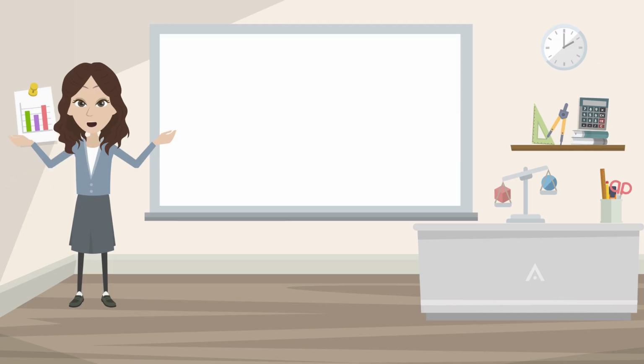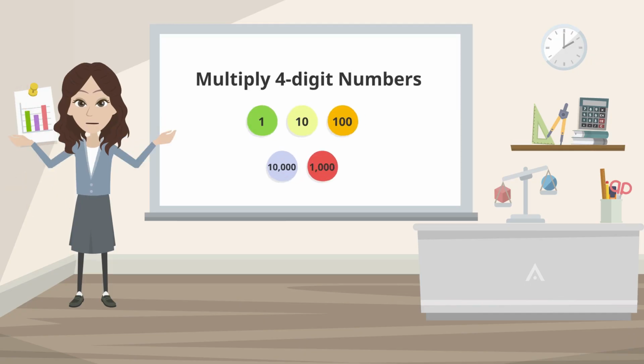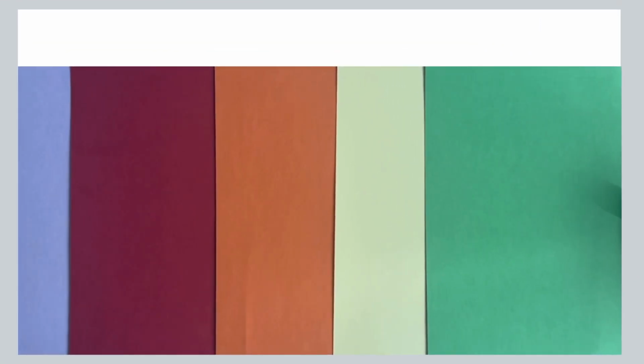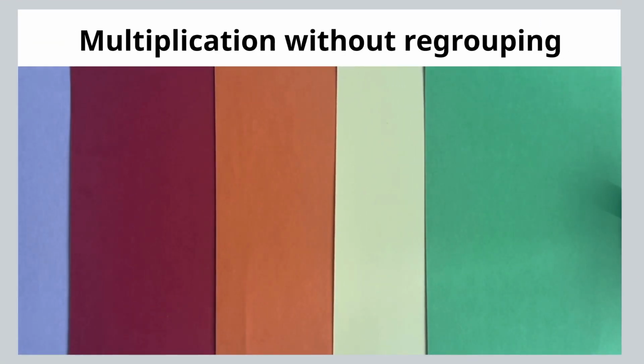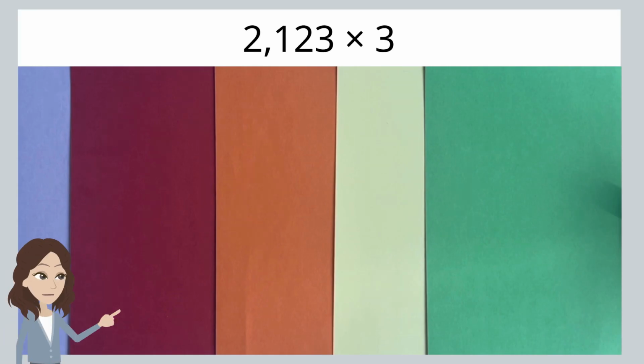Today, we will explore how to multiply 4-digit numbers using number disks. Let us first multiply numbers without regrouping. What is 2,123 times 3? First, let's use number disks to represent the number